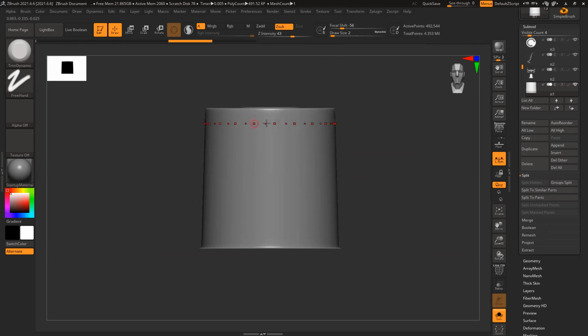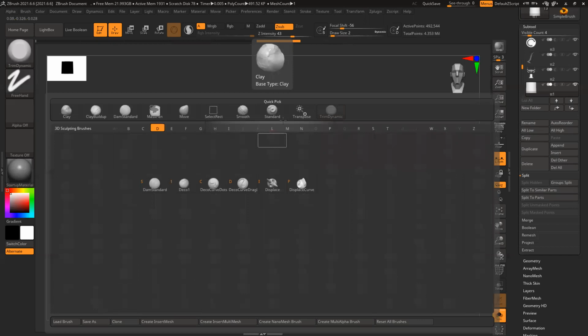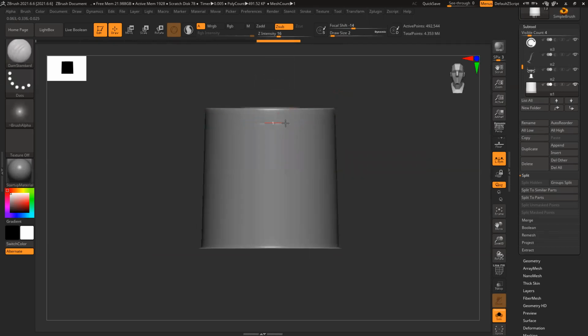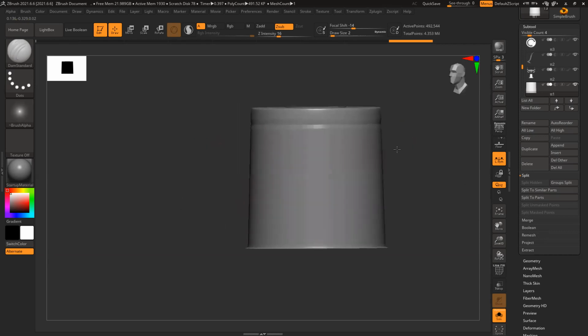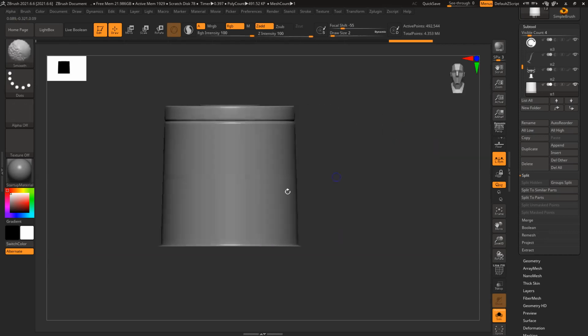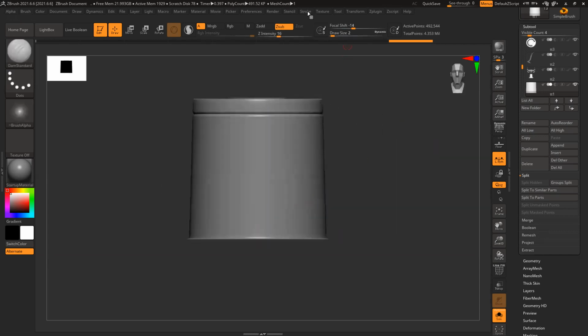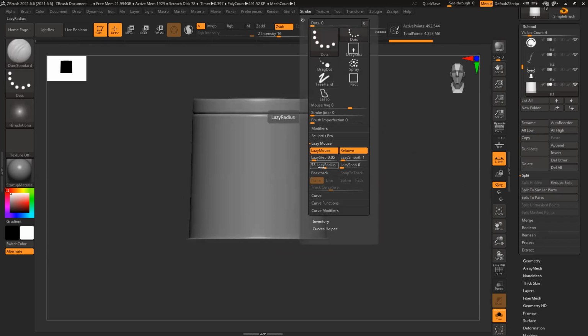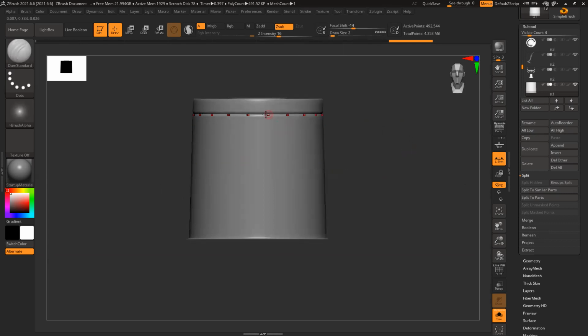Like suppose I want to create a straight line here. BDS, damn standard. It becomes super easy to create this thing. Repeat the last command, and you'll get this really nice clean shape. And this lazy mouse, I can reduce.